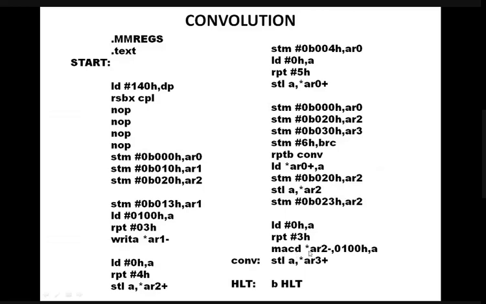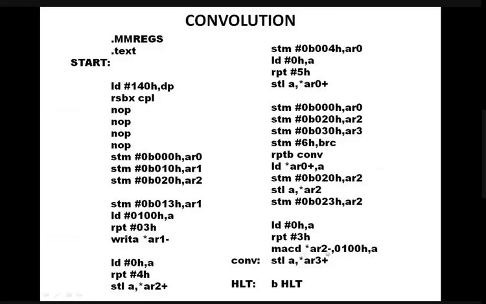Presence of this in a signal processor can perform the signal processing applications more beautifully. So MACD means multiplication and accumulation with delay. Which has to be multiplied? Multiply the content of the memory location pointed by AR2 with the content of the program memory location 100 and accumulate it in the accumulator, and then do the delay. Delay means do one shift, as we rightly discussed.